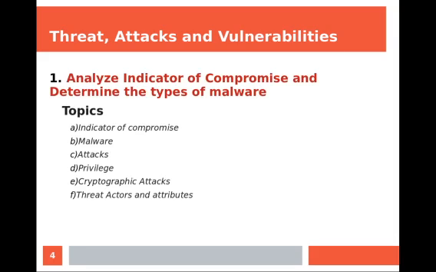So let's start with the indicators of compromise. In this, we'll see how to identify an indicator of compromise and then determine the type of malware. Is it a virus, Trojan, worm, or ransomware ready to encrypt company data and ask for bitcoins? Or an insider that creates a logic bomb designed to wipe out files if he is terminated from the company, or an employee who has deployed a RAT, remote access Trojan, so that he has access to the corporate network even after termination.